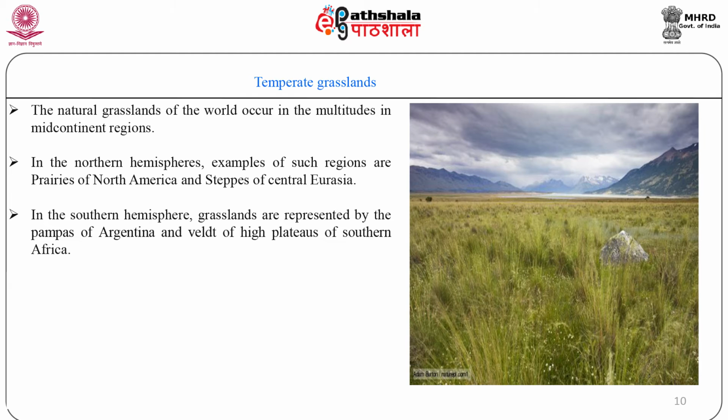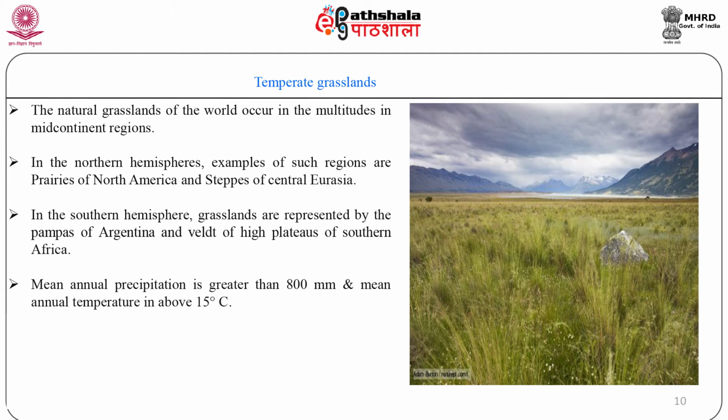About the climate, natural grasslands occupy regions where rainfall ranges from 25 to 80 cm per year. The temperate grasslands climate is one of recurring droughts, and the diversity of vegetation cover reflects the differences in the amount of rainfall. The maximum precipitation usually occurs in summer during the height of the growing season.